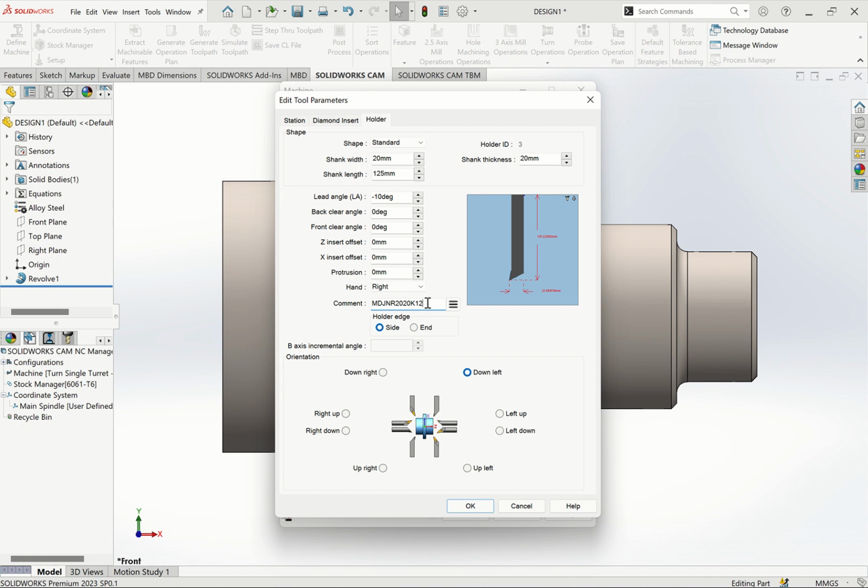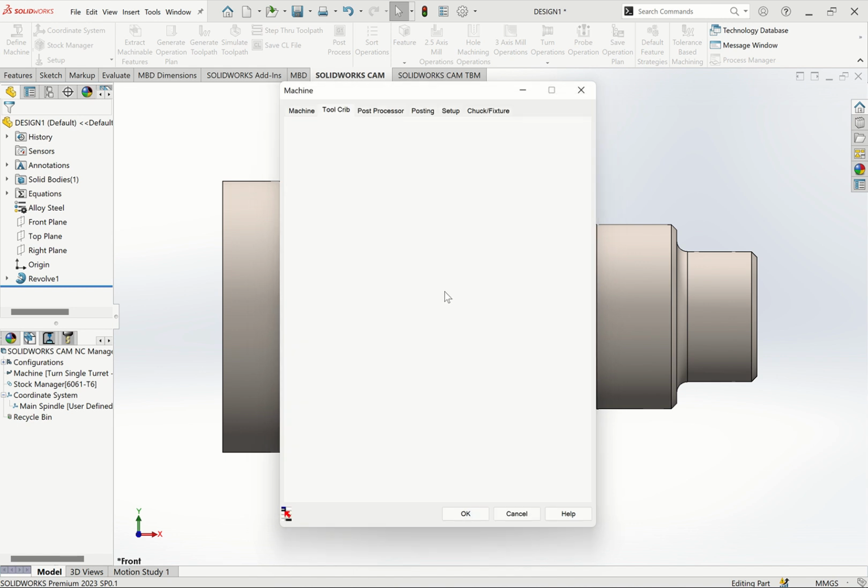And then 12 is the size of the inscribed circle of the insert. So this one you need to learn. You cannot just cram these codes. You need to learn. Then once you're done, you click OK. And then